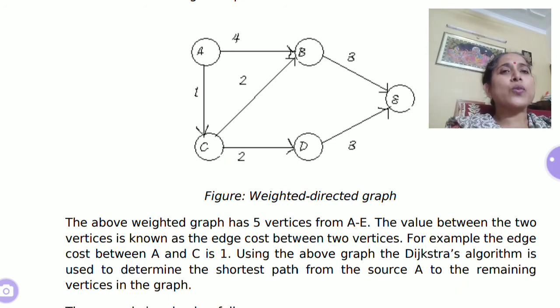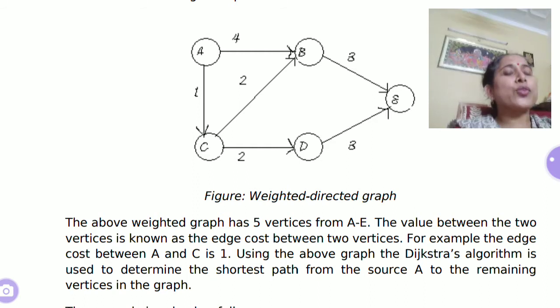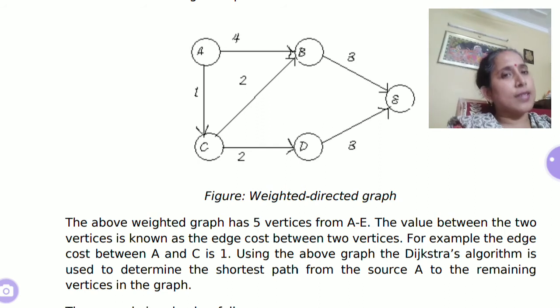So in that case, what I'm going to do is take out A's adjacency: A is adjacent to B with distance 4, and A is adjacent to C with distance 1. Which one will you choose? Obviously the C. The edge to C would be chosen because 1 is lesser than 4. So in my tree I'll include the path from A to C.